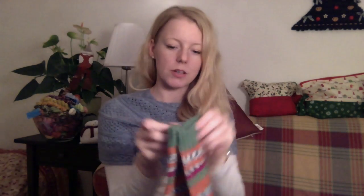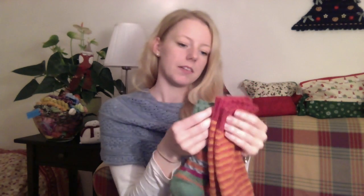Normally I don't like those colors. Green and orange, I can't stand those colors normally. But they are so freaking cool. And the contrasting cuff, heel and toe is also the same yarn brand as this contrasting color. Very soft. And then the third one is a